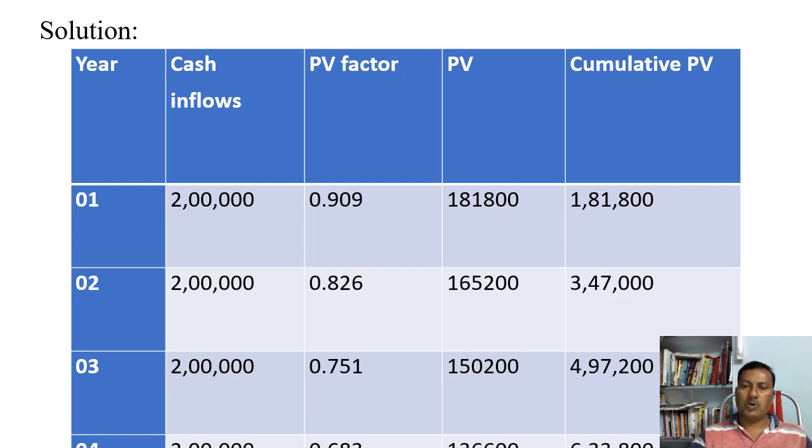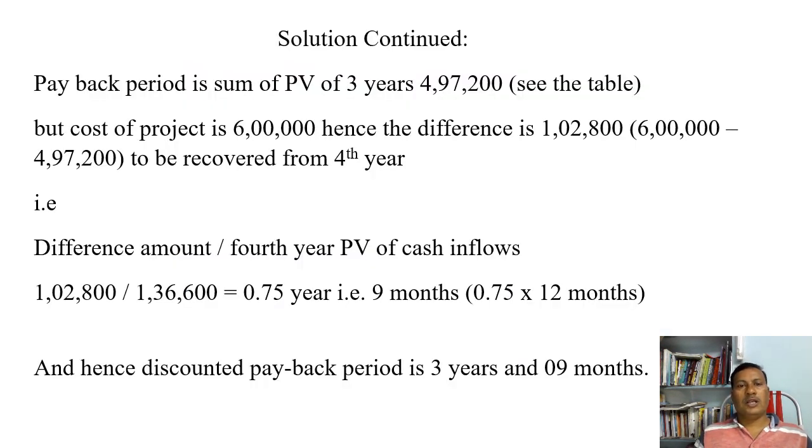So cumulative you should go on adding. The second year total should be added with the third year present value, like this up to 5 years. Then you will get the total cumulative present value. The payback period: the sum of the present value for 3 years is 4,97,200. So you can see the table, but the cost of the project is 6 lakh, and hence the difference